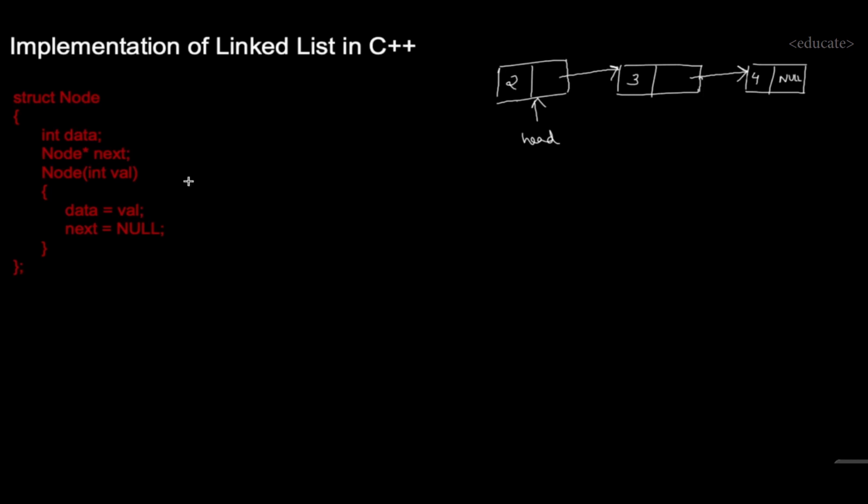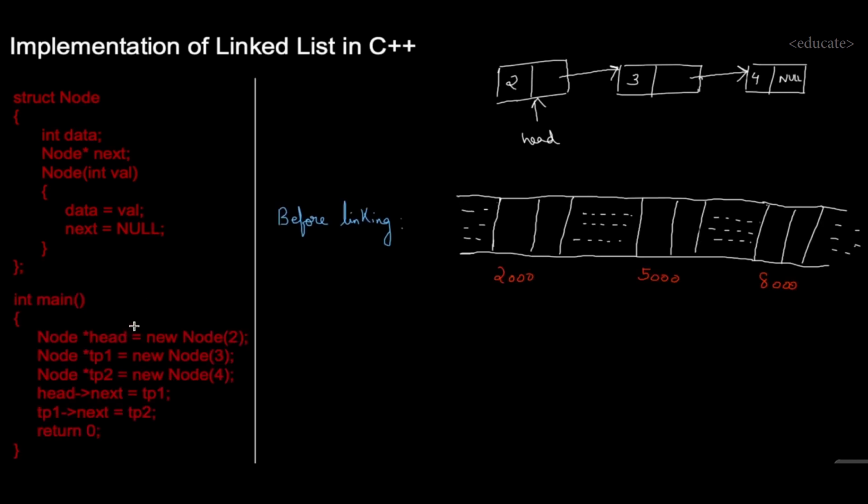The next thing we can see here is the constructor. Since we are programming in C++, we use the constructor to initialize the node. So here we could write any other function also, but using the constructor is better because it makes the programming better. So in the constructor, it takes an integer value as an input and it initializes the data with the integer value and initializes the next as null. So this is how we represent our node in a linked list.